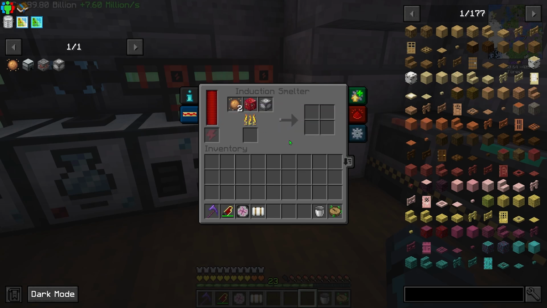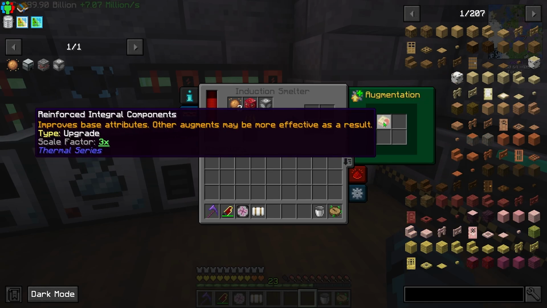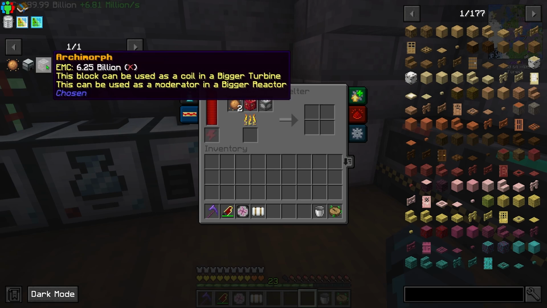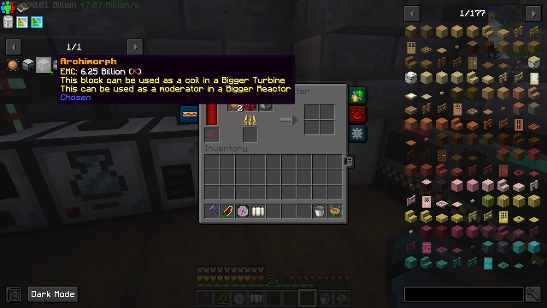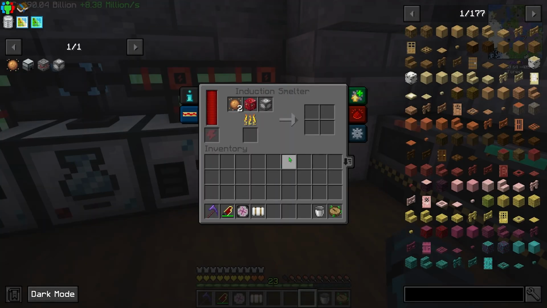Wow, this recipe is extremely slow. I put in a little bit of an augment, the reinforced integral components, and it seems to be going just a little bit quicker. So now what I'm thinking is if you could automate this whole process to get to the point that I'm at right now, you would be granting yourself 6 billion EMC roughly per second, maybe even less. Obviously, there's a ton of groundwork you need to do to get to that point, but man, would it